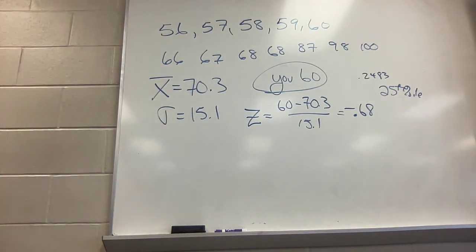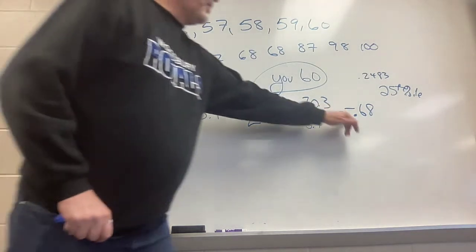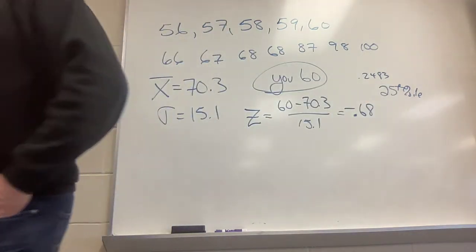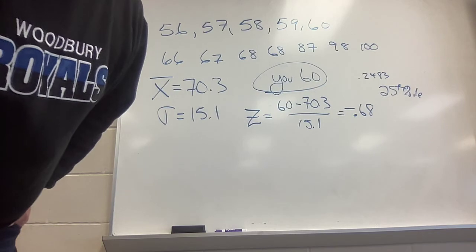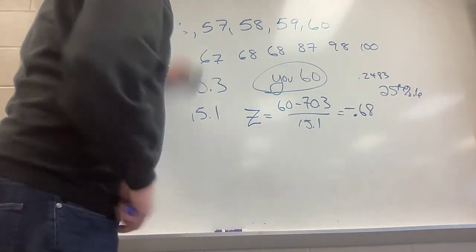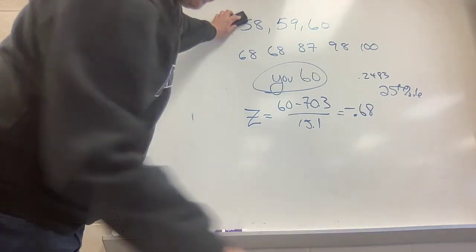Okay, all right. Negative 0.68 and the 25th percentile. Oh, good. Okay. All right, I have to stop every 15 minutes. I can go a little more. All right, the next problem says this. It says,